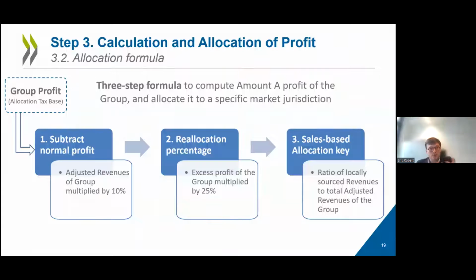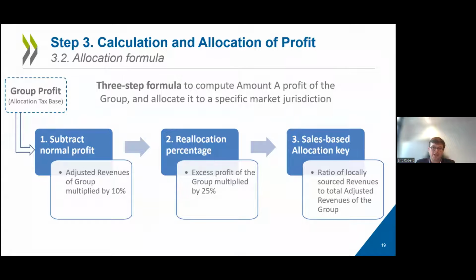So that takes you to the second component here on the screen. And what you do here is that once you have your excess profit measure at a group level, you apply the reallocation percentage, meaning it's only a defined portion of that excess profit, what is the profit above 10% revenue, that is potentially subject to reallocation under this system. So now you have basically the total amount A profit at a group level that is potentially available for reallocation